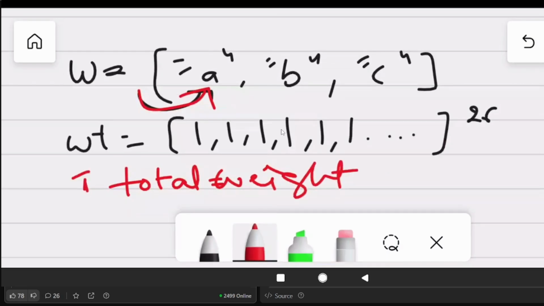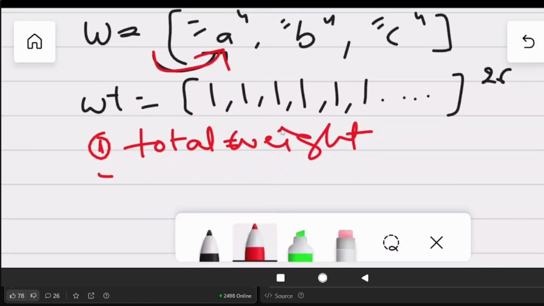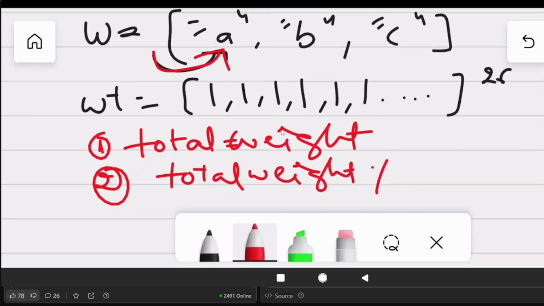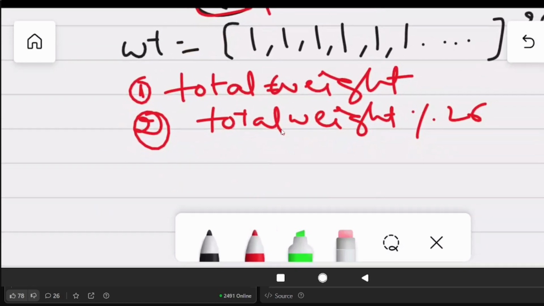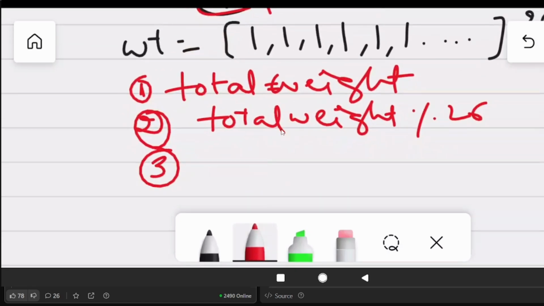So this is the first point that we need to do. For each string we need to calculate its total weight, and then take the modulo of this total weight with 26. After that, we can just map whatever the result is. Let's suppose we take this as the result. So whatever the result that we get, we need to map in the reverse order of